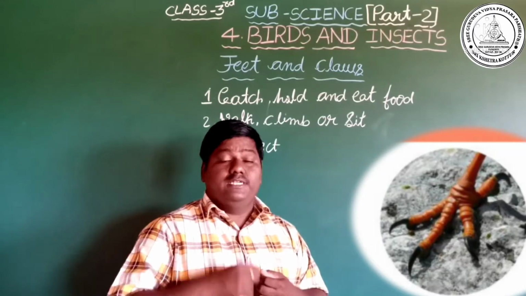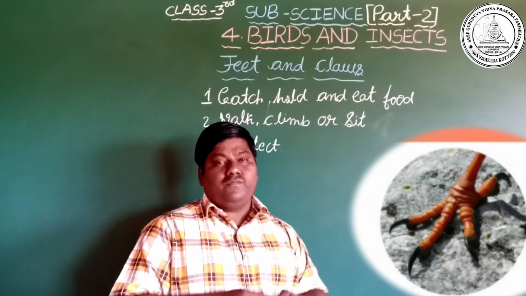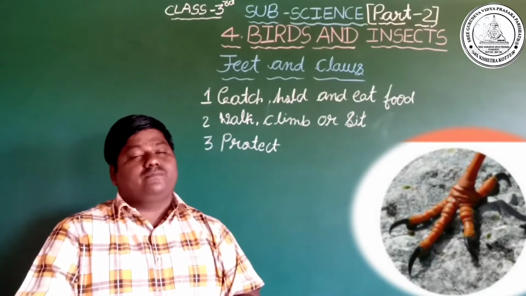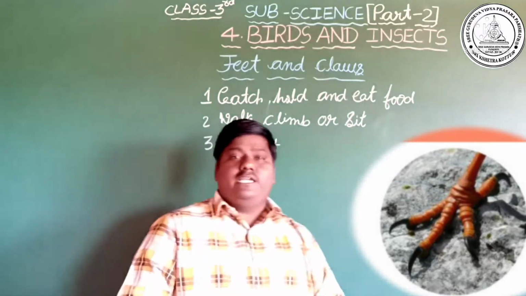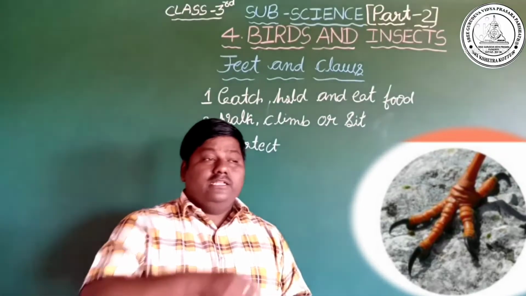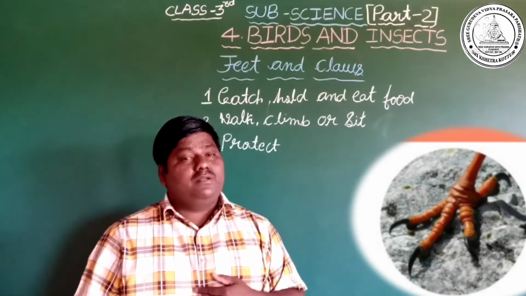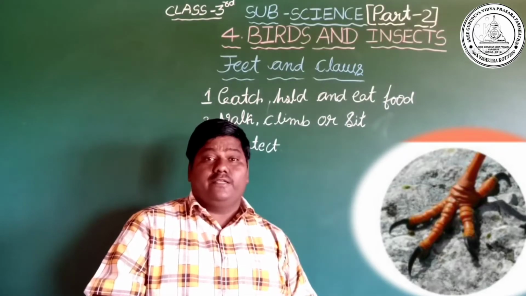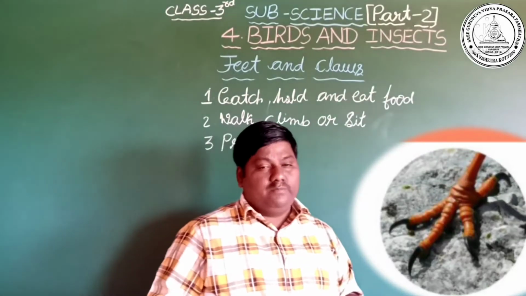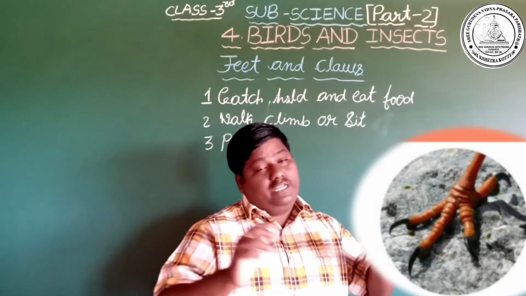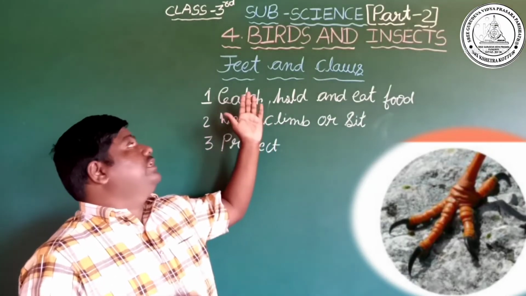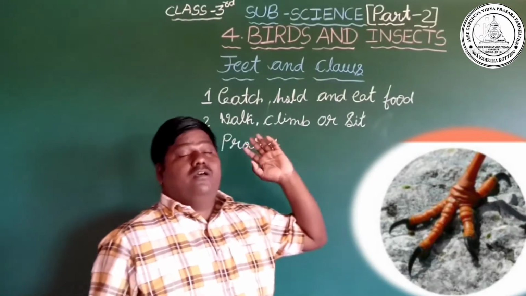How is it possible? See, here the birds are doing different activities. What are they doing? They are climbing the tree. They are catching the animals. They are tearing the skin of the other animals. By those activities, the claws automatically wear out. That means they are removed automatically. So, dear children, I hope you learnt about the feet and claws of the birds.